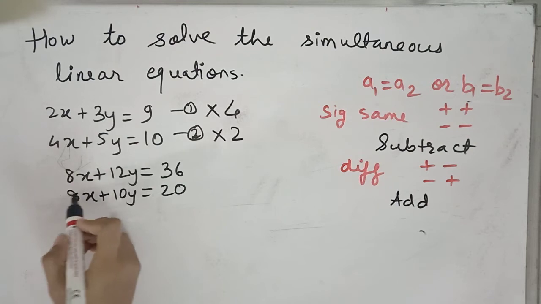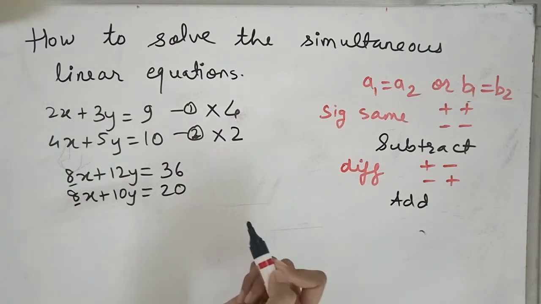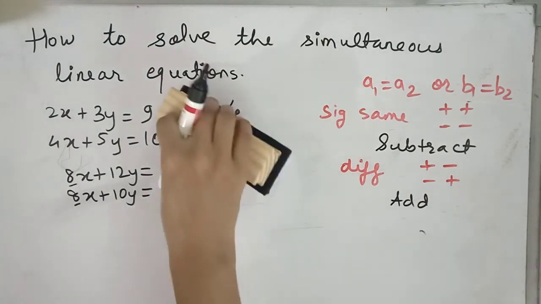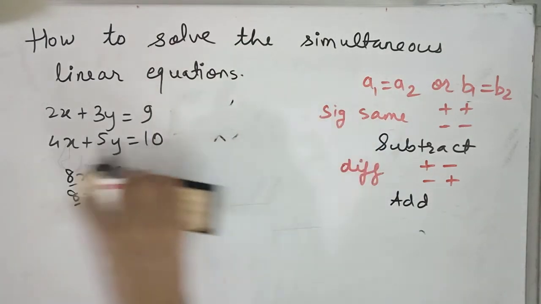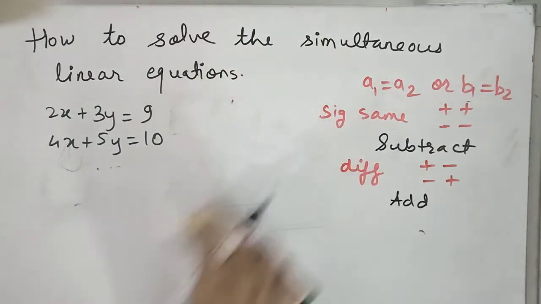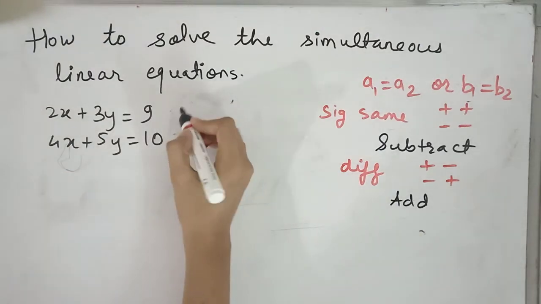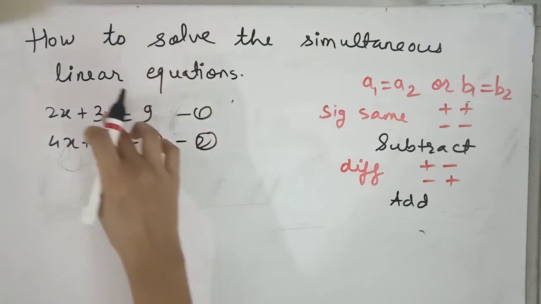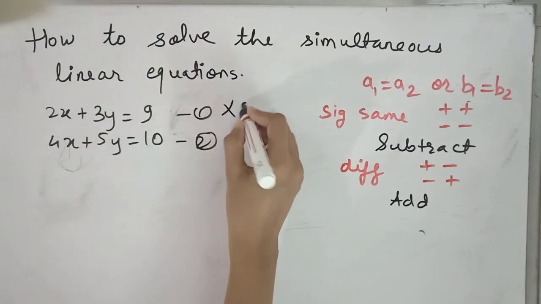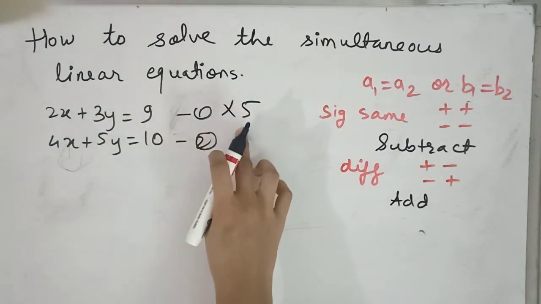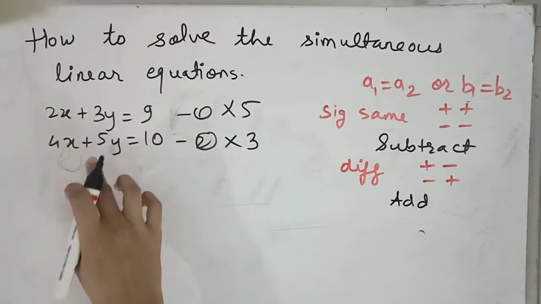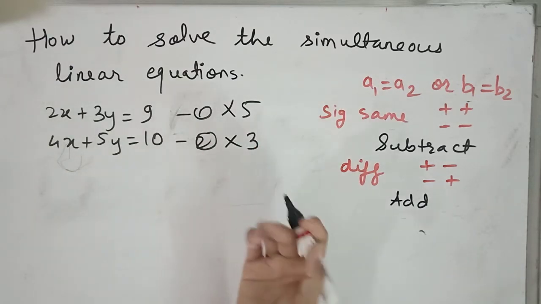Okay, we got a1 is equals to a2. This is the first way. We can also make b1 is equals to b2 by multiplying equation 1 by 5. So 3 5s will be 15, and multiplying equation second by 3, that will make 5 3s as